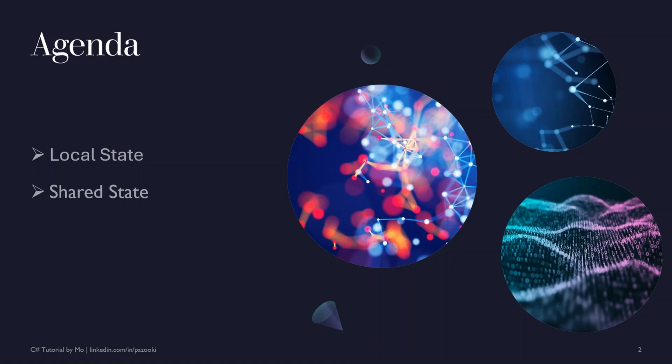Local state refers to variables that are confined to a single thread. These variables are not shared between threads, which means each thread has its own copy. On the other hand, shared state involves variables that are accessible by multiple threads, and multiple threads access and modify the same variables. We must be cautious. Without proper synchronization, this can lead to race conditions where the outcome depends on the unpredictable